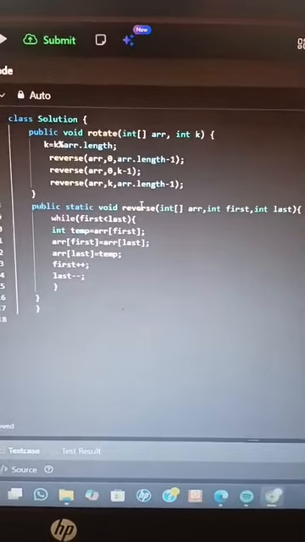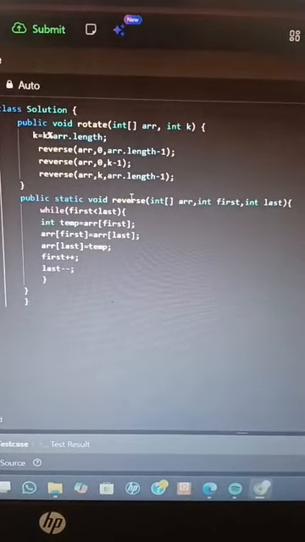So for that I will use the reverse algorithm, and first of all I will reverse the whole array, then I will reverse the array till the kth step, then finally I will reverse the remaining part, that is n minus k,